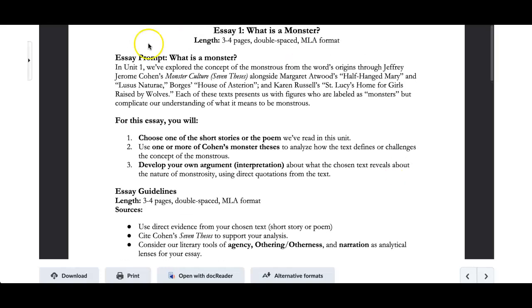What is the point of this essay? Well, you are going to get a chance to delve a little deeper and to create your own interpretation of what is a monster based off the information you found from the 7 theses that's compelling, as well as your choice of literary piece. Now, remember back to English 1022's bigger goals, we're learning how to closely read and analyze and interpret literary text, but always in service to, at least in my mind, a bigger world picture.